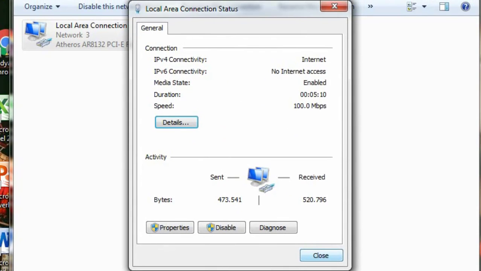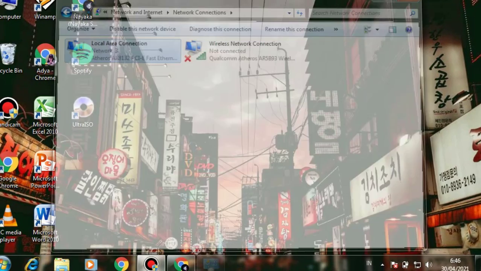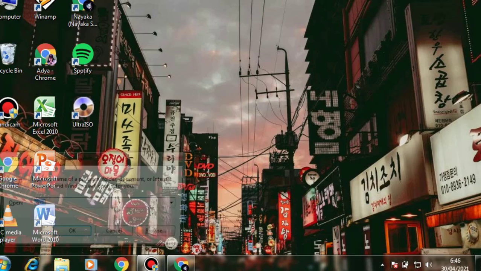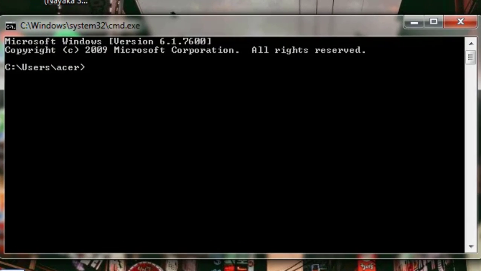Not only getting an IP address, the client also gets internet access from the DHCP server, which can automatically be seen from the IPv4 connectivity status. To make sure that the client is connected to the router and server and has internet access, use the Ethernet connection on the device. And first, I'm gonna ping the server.